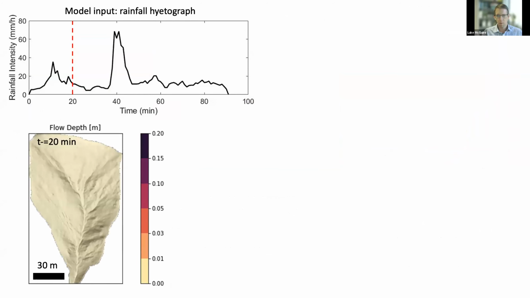To give you an idea of what I'm talking about in terms of inputs and outputs, this may be the type of simulation that we run with a small watershed here, about 0.01 square kilometers. We have some input rainfall hydrograph, and the red line shows how we progress in time through this storm. Initially, as we solve this series of PDEs that govern conservation of mass and momentum of the water and sediment as it moves across the surface, early in the storm, there's very little, if any, runoff, because the soil is able to infiltrate all of the water that's come down as rainfall up to that point.